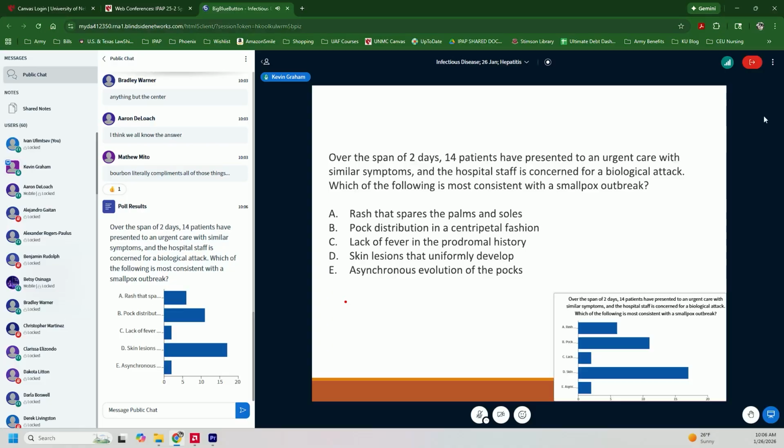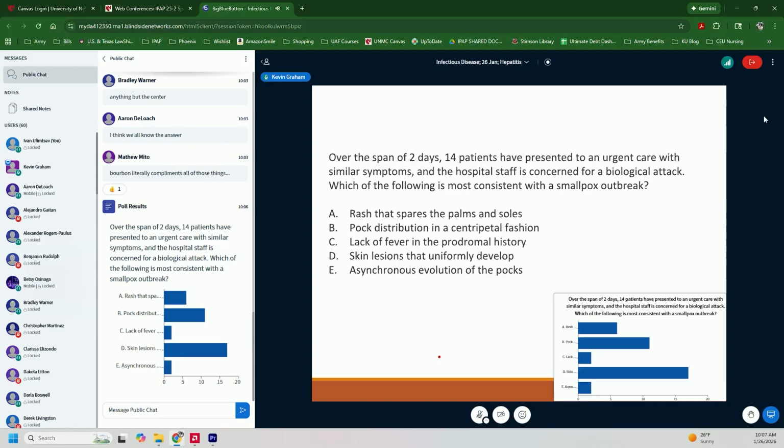Not really, right? You can just read the question and say, hey, which of the following is most consistent with a smallpox outbreak? So being familiar with smallpox, the signs, symptoms, and physical exam findings can be very helpful. And in this case, delta is the correct answer. So